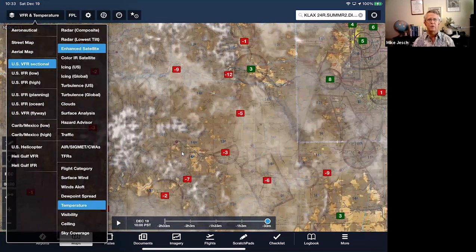There is one exception. One of my complaints for a long time about ForeFlight was it's possible to turn your TFR display off. And all the other EFB apps I know, whether it's WingX, Flight Plan Go, anything like this, you cannot turn TFRs off. In ForeFlight, you can. And in fact, when we've had presidential TFRs going around,